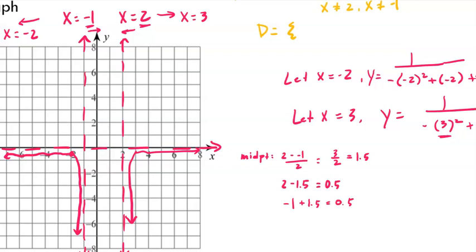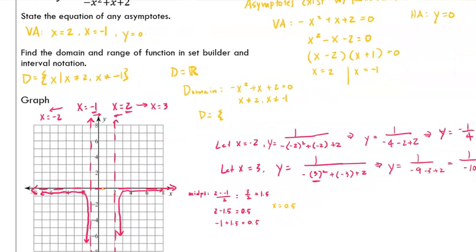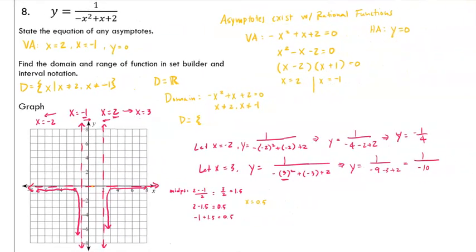And that 0.5 is the middle point between -1 and 2. Okay, now after I've found my x value for the midpoint, I'm going to have to find my y value. I go back into the function. Let's go ahead and write it down. We're going to say let x equals 0.5,